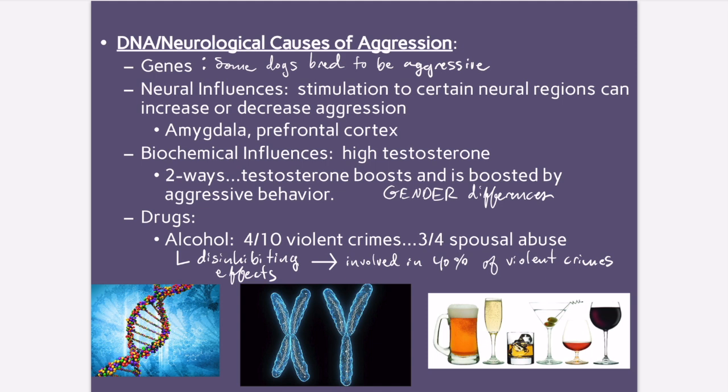And then, of course, drugs and alcohol can play a role in decreasing your ability to make proper decisions, because alcohol and drugs often act as depressants that interfere with the functioning of your frontal lobe. So we know that alcohol is involved in about 40% of violent crimes, and it's involved in about 75% of